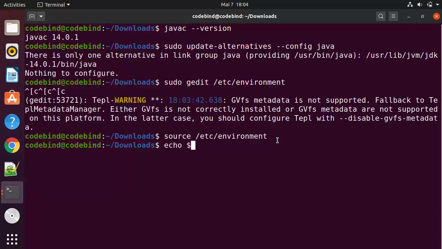Write echo $JAVA_HOME here and press enter, which is going to give you the path which you have set for your Java home. So this is how you can set the JAVA_HOME environment variable for your Java JDK installation. So this is how you can download and install Oracle Java JDK on your Ubuntu operating system.